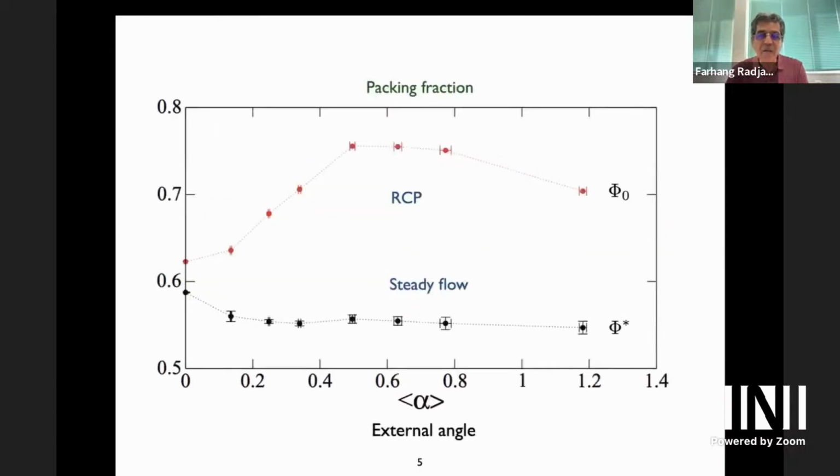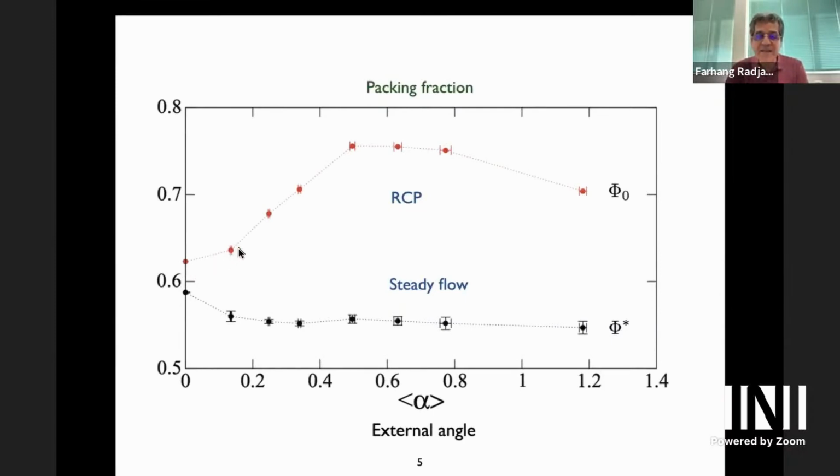When we look at the packing fraction, we have the packing fraction of random close packings, so prepared with 0 friction. Basically with 0 friction, when you pack particles, you reach the highest packing fraction, and so phi0 here is the packing fraction of these isotropic 0 friction packings. And you see for a sphere here on the left, when alpha is 0, it's spheres, we have 0.63, which we know is the packing fraction of a random close packing.